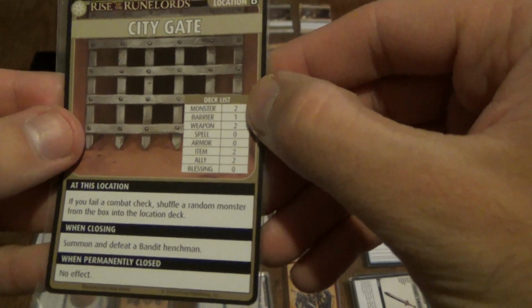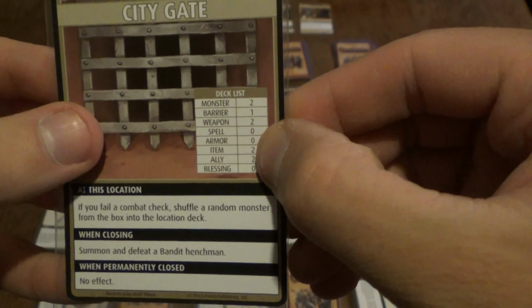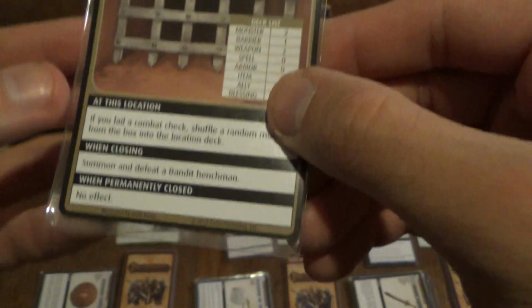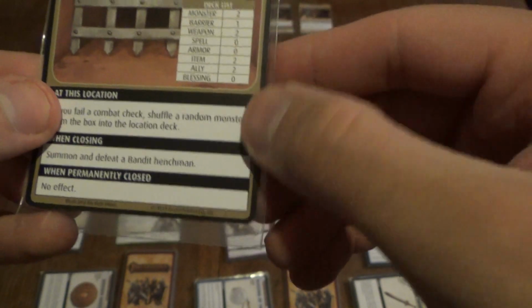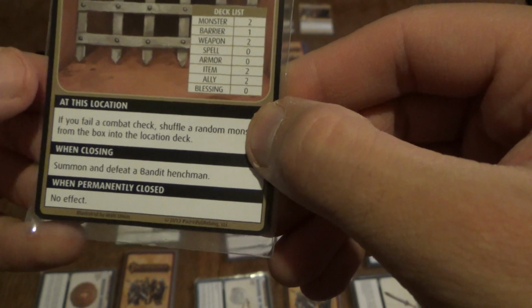It's a little bit more dangerous: 2 monsters, 1 barrier, so yeah, some chance of getting to face some monsters or barriers. We have 2 weapons, 2 items, 2 allies here, so that's good. At this location, if you fail a combat check, shuffle a random monster from the box into the location deck. This is quite bad, so I will do anything to try to avoid this, which means I will have to